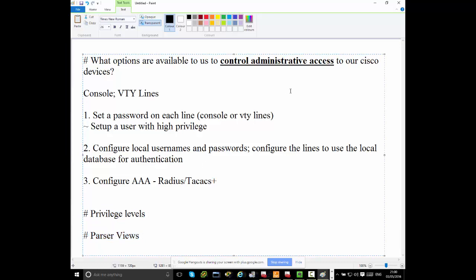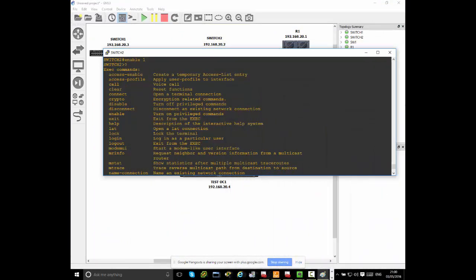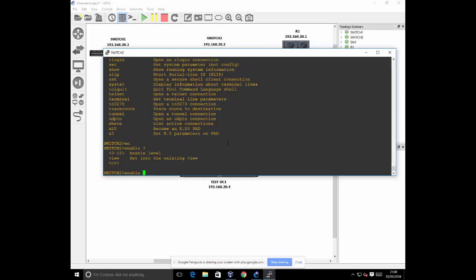Now, when we talk about parser views, remember, Jimmy, that we mentioned before there's another level that is a little bit higher than privilege level 15. That's not actually 100% accurate, but let's just call it that. So if I go enable and put a question mark, you can see I can enable privilege level, I can enable a view. That one is really interesting because that's the parser view. So if I type in enable view here,